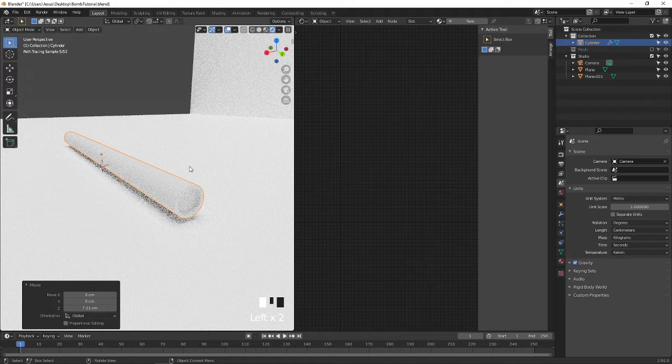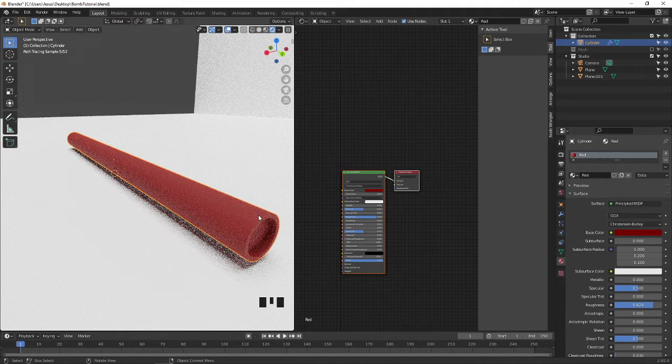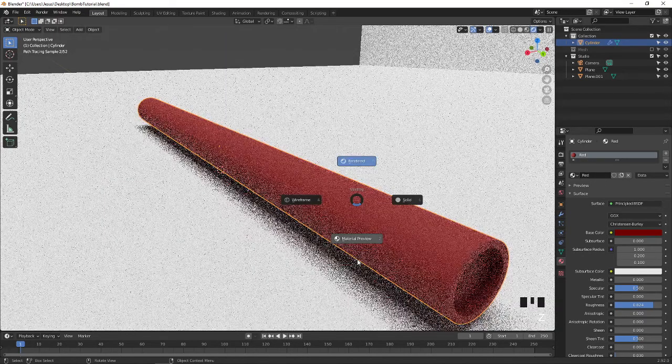Here I am going to increase the roughness because we require roughness. I am going to make that color a little bit darker. I want it more dark. Okay, now it is nice. So we can start doing the next step. We can close this window and go to the material preview, then turn off the studio mode.